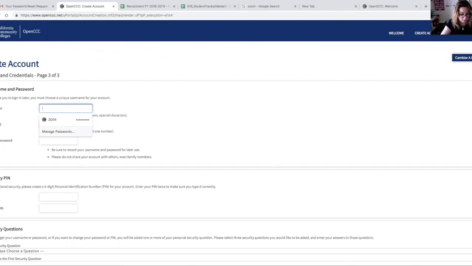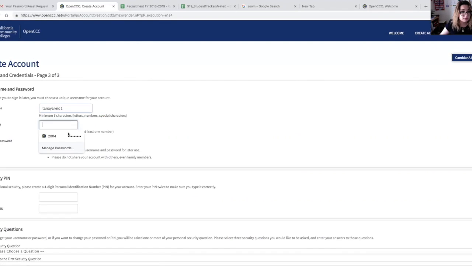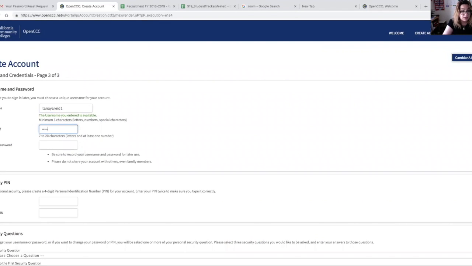Okay, and my username, I would keep it something super simple. I'm gonna do that, and see if that's available. If it's not available, it'll tell you. Yeah, so that's available. Again, you want to keep this as simple as possible so that there's no confusion, and write it down, okay? You're gonna create a 4-digit PIN,